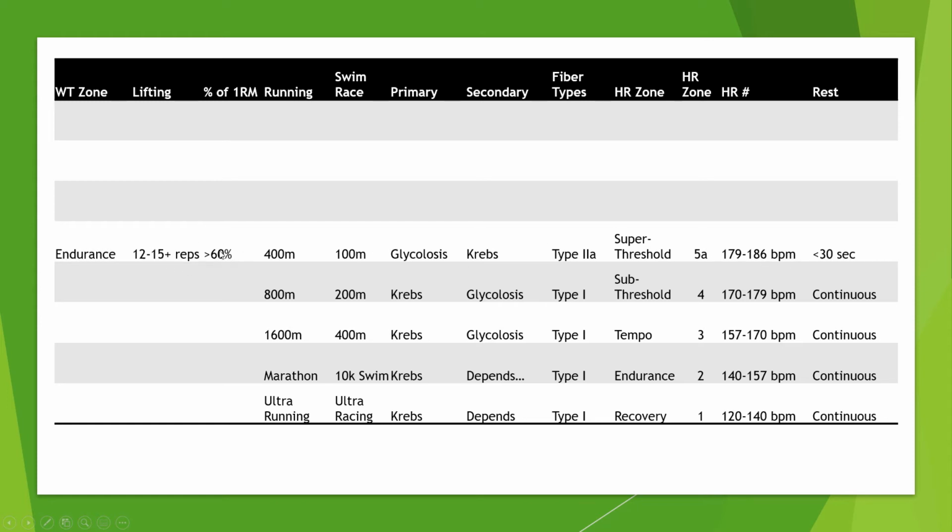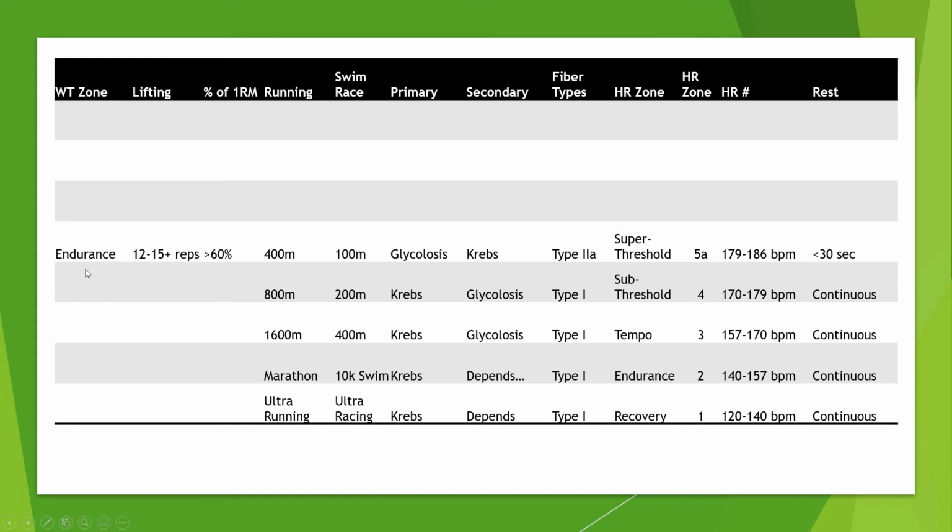So this is the first zone that we get into weight training and resistance training. There's something called 1 rep max, where basically if you're doing an exercise, that is the maximum amount of weight that you can lift at any one given time. And this column shows the percentage of your 1 rep max, and then how many reps you should be able to do based on that percentage of your 1 rep max,